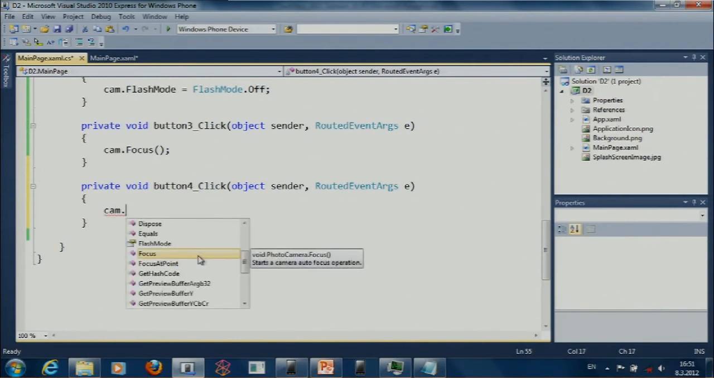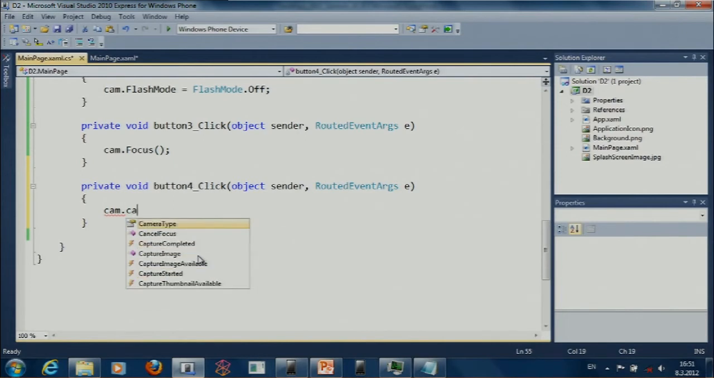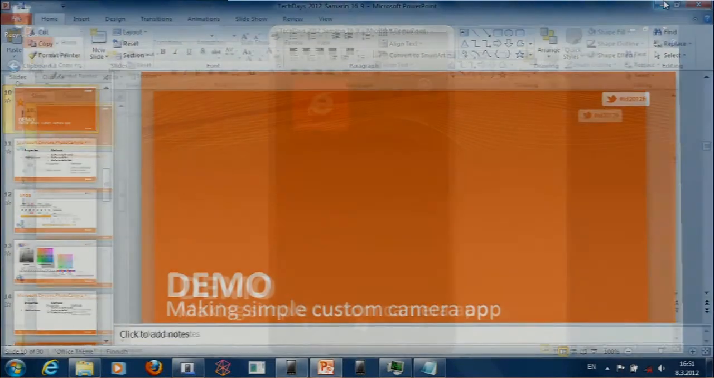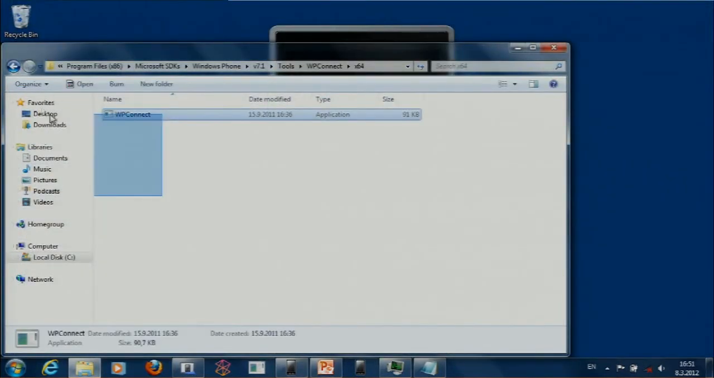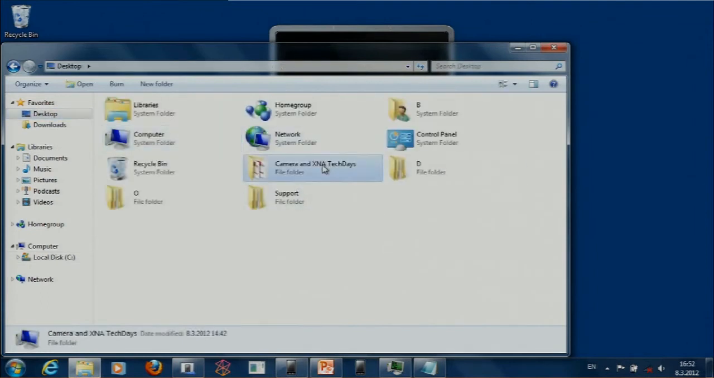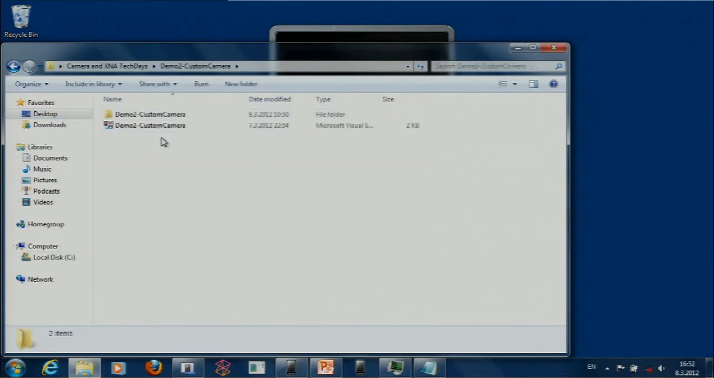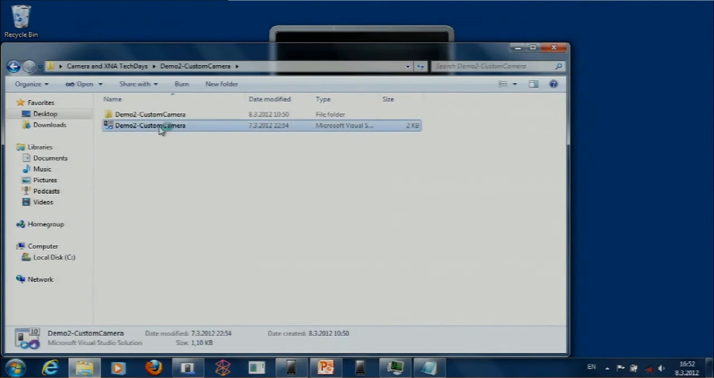And that would be the capture image method. And what you have to do also is create all kinds of events. I'm not going to torture you by typing all these events. No. What I'm going to do is open a ready-made custom camera application. In the meanwhile, as I walk you through the code, I will show you what the complete